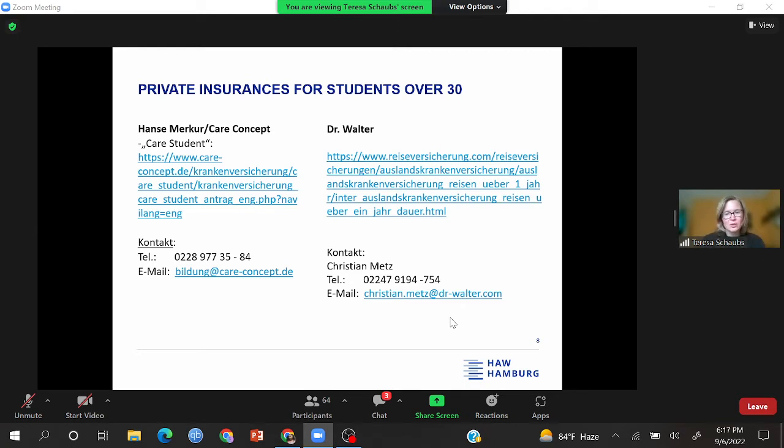Mavista, for example, is not accepted by the immigration office. We had a lot of problems with Mavista previously with other students that had Mavista. They had some appointment at the immigration office, and at some point they found out, oh, my insurance is not accepted. And the really worst case that you can imagine: if you're under 30, you voluntarily decide to leave the statutory health system and buy a really cheap insurance by Mavista, for example.